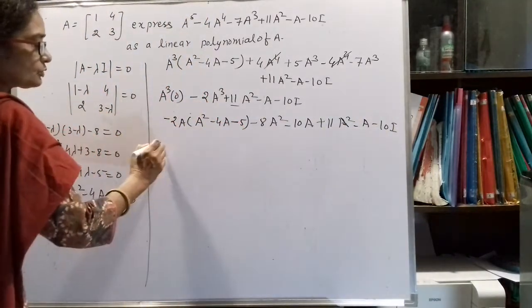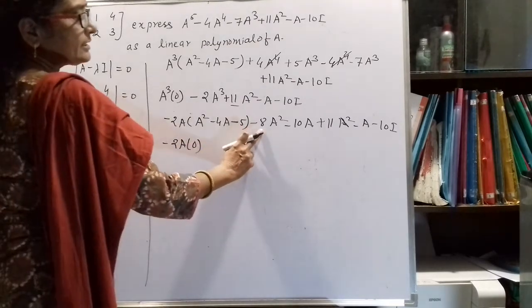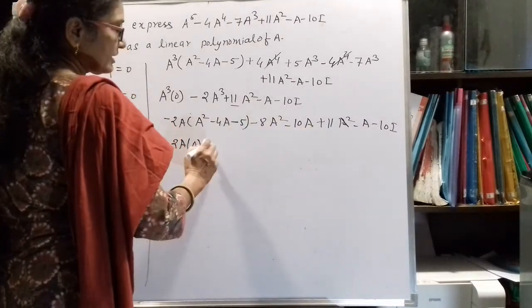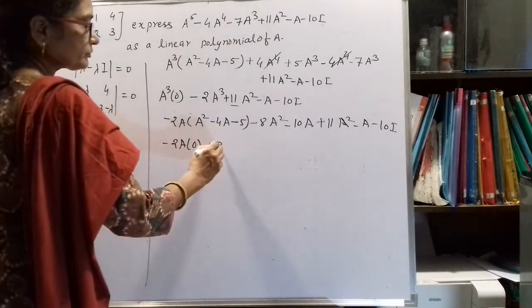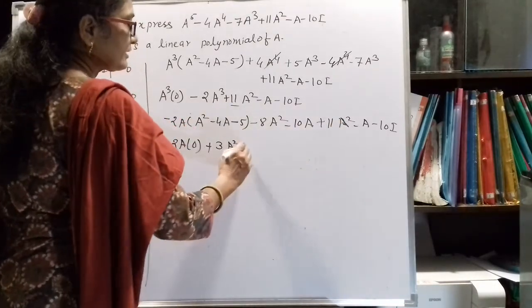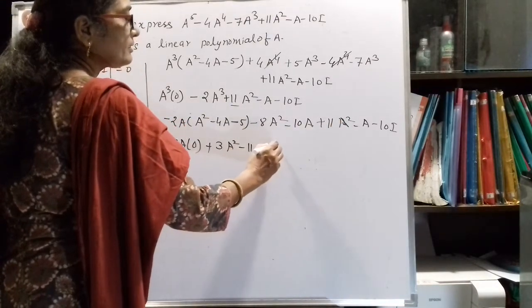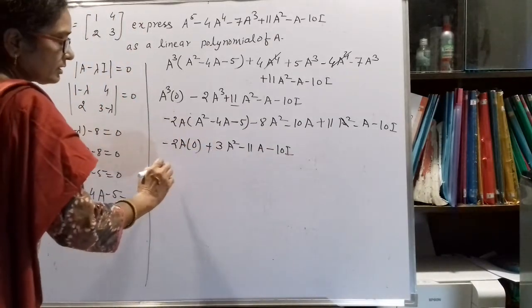Now this will become 0, minus 2A into 0. Minus 8A square plus 11A square, 11 minus 8 will get 3. 3A square minus 10A minus A will get minus 11A minus 10I. Now this is 0. So now it is equal to